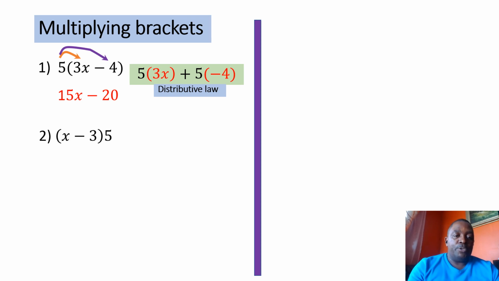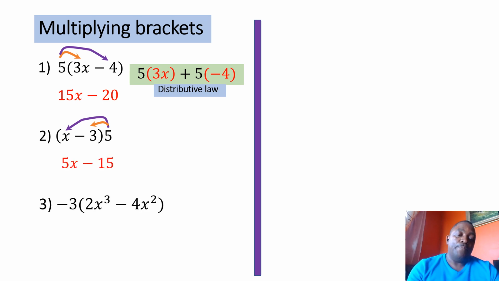All right, example 2, again, just because it's written the other way around, is still the same thing. Still means that bracket is being multiplied by 5. Think about it. When we say 3 times 4 in multiplication, it is the same as 4 times 3, so the order is not important. Multiplication can be in any order. So this is still 5 multiplying that bracket. So 5 is going to multiply x, and 5 is going to multiply negative 3,